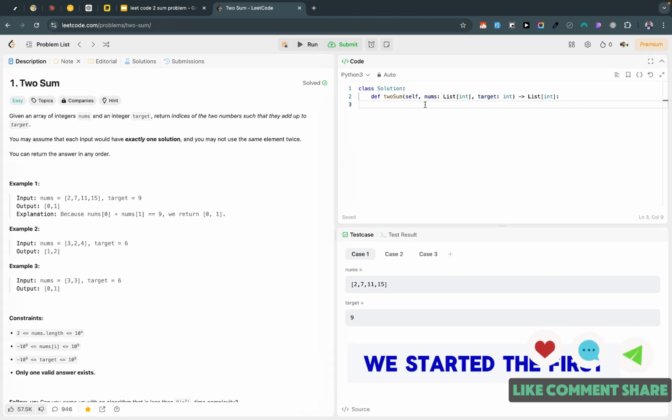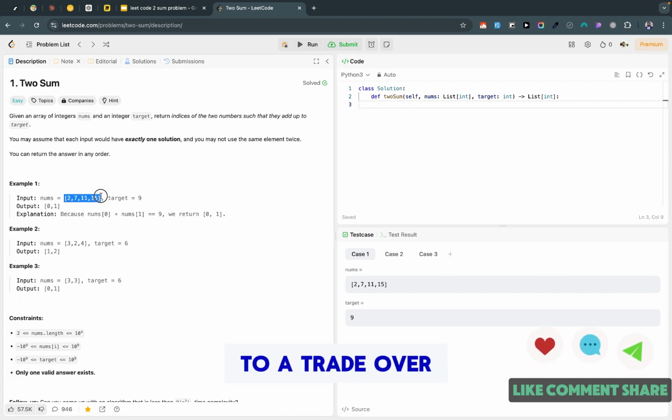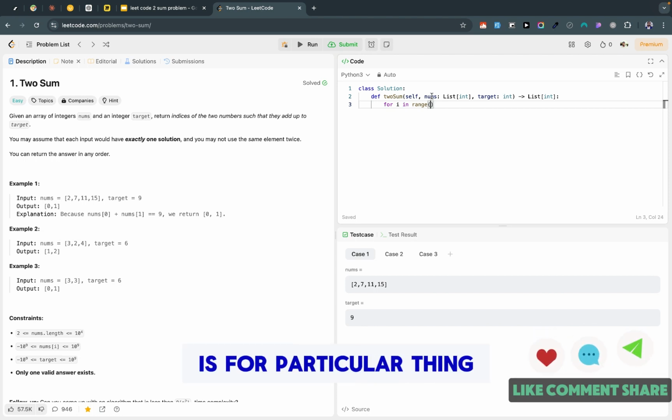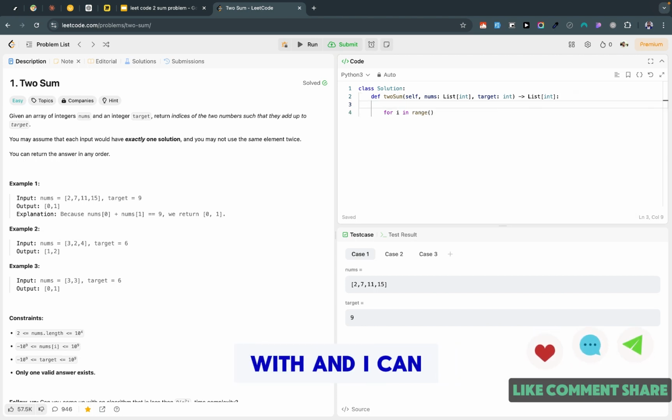For that purpose we start with the first loop, where we need to iterate over each number. We go here and say for i in range. Range is a function in Python which gives us the starting and ending point. Between these we need some kind of range that gives us a starting and ending point. So in the range function, first we will calculate the length. Here I can come up with it and say